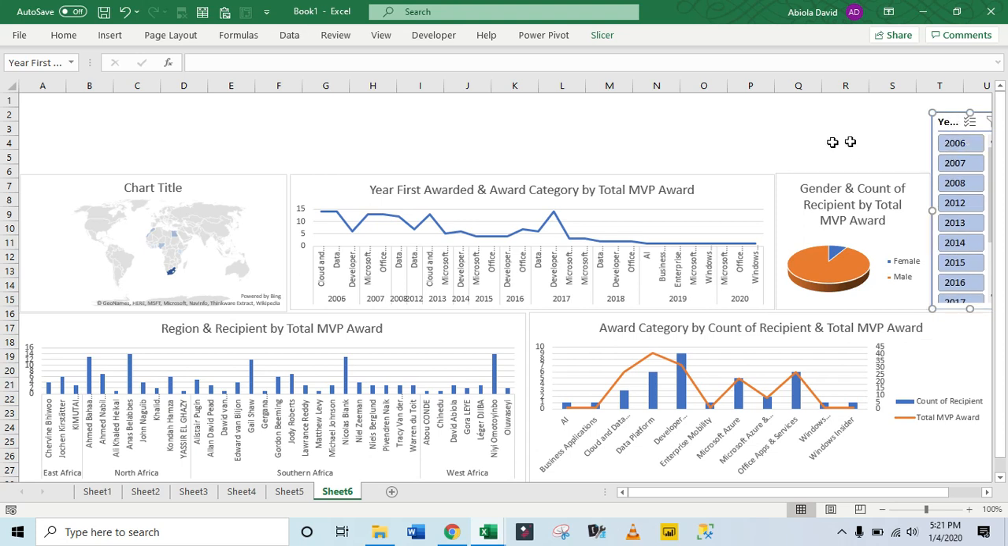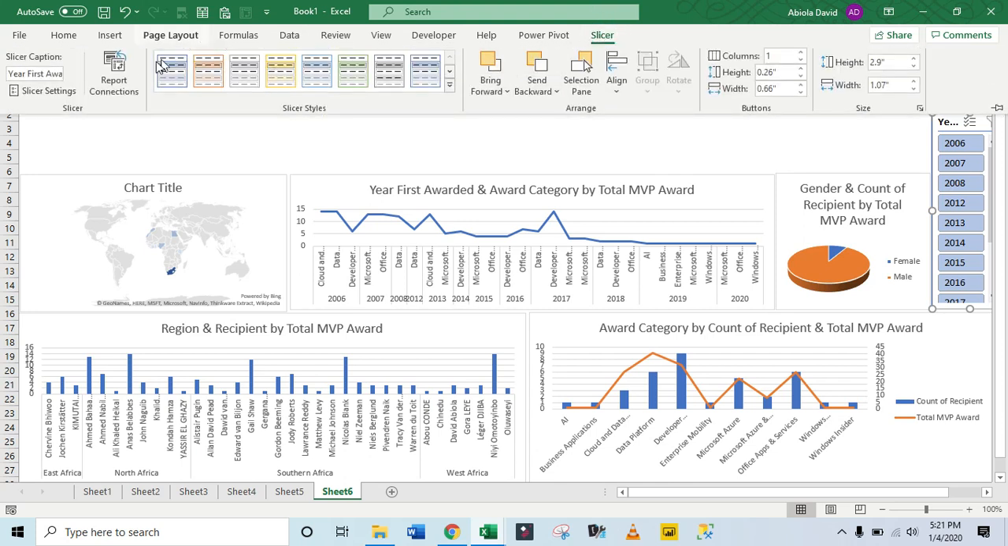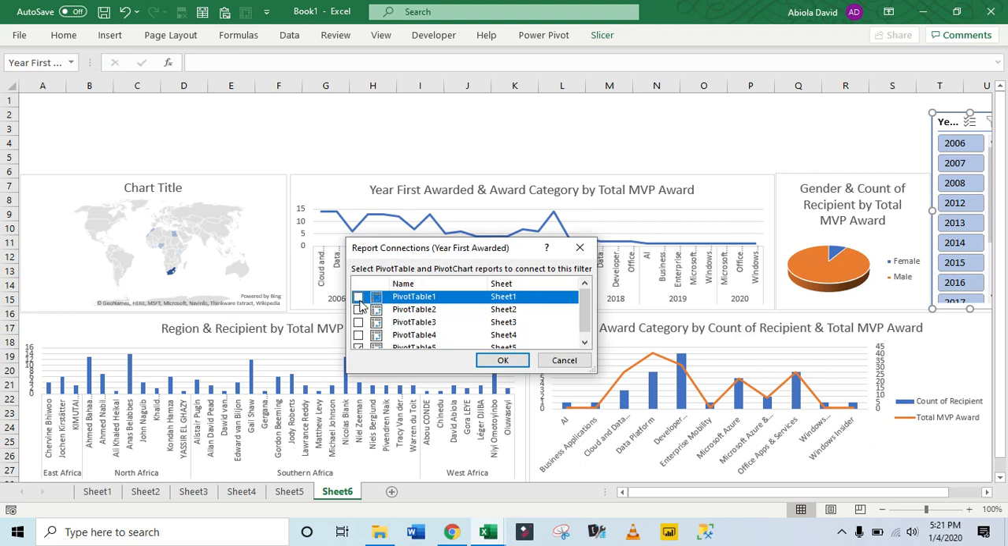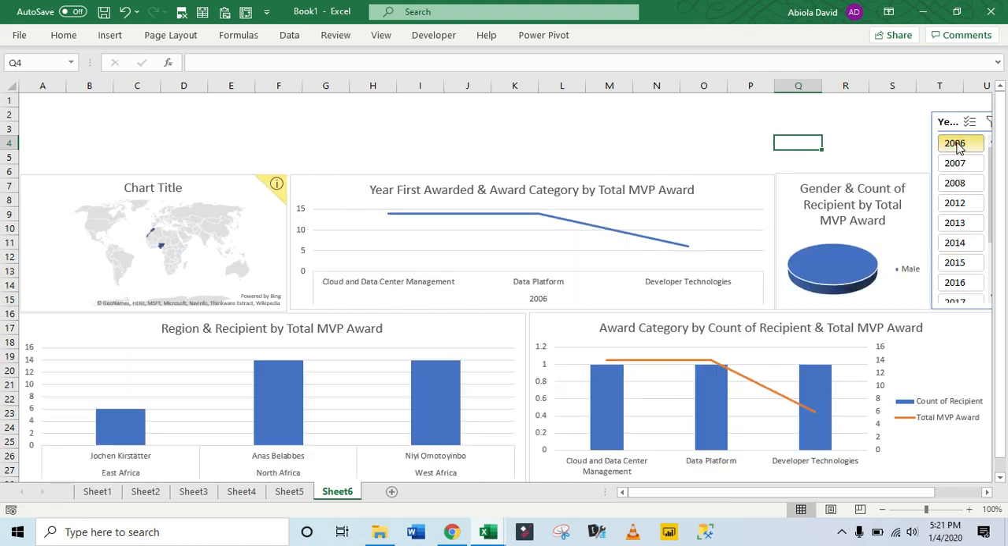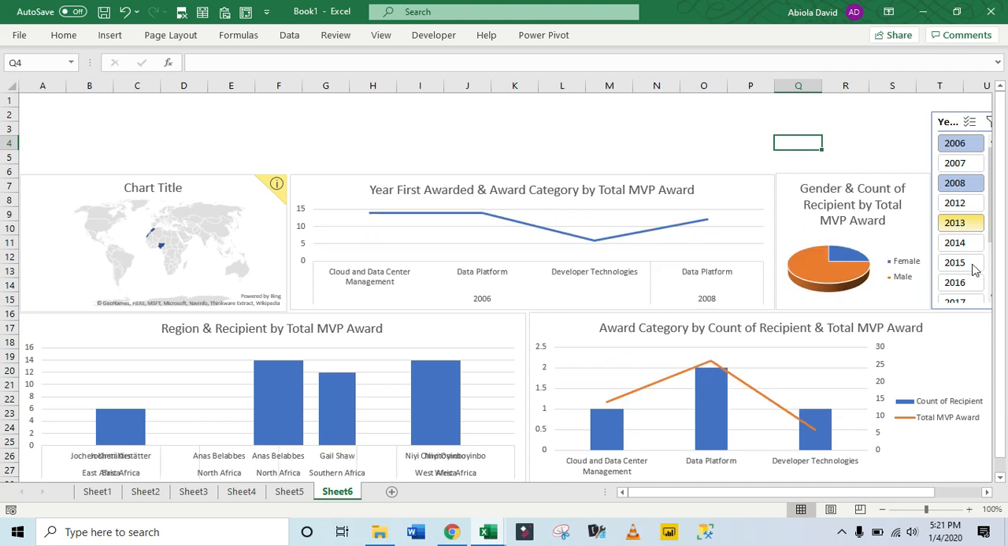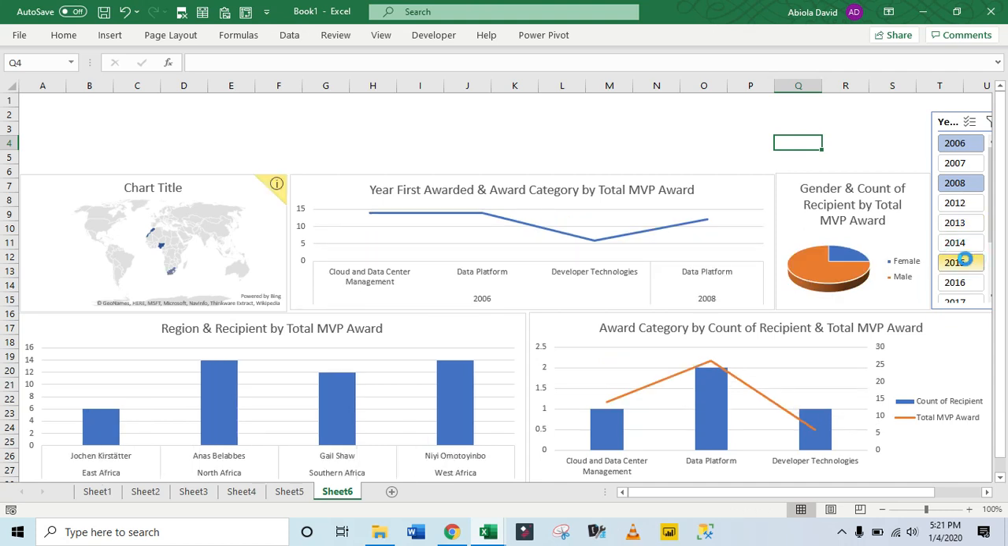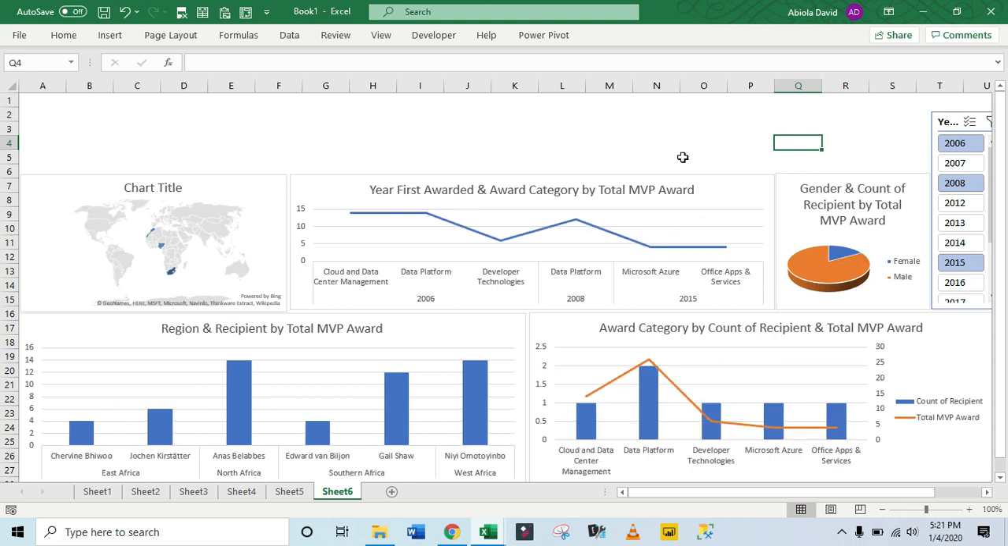Alright, so what I'm going to do next, I will have to connect all those things here. So click on slicer. I want the report connections, so I want to connect them to my pivot table. So that when I slice, everything dynamically responds. Okay, so let's see. I want to see for 2006. Can you see everything respond? Or let's see, I want to see 2 years together. Then just hold the control key, and everything responds